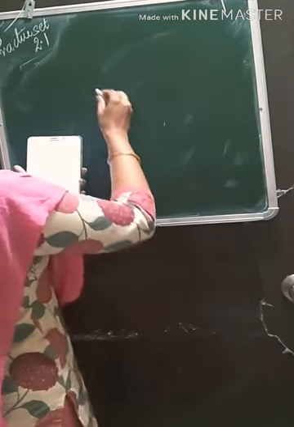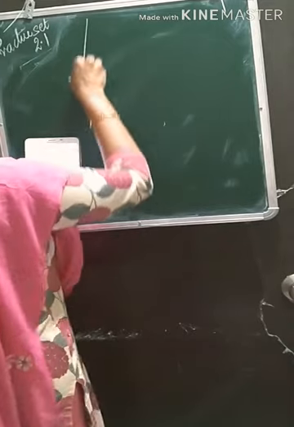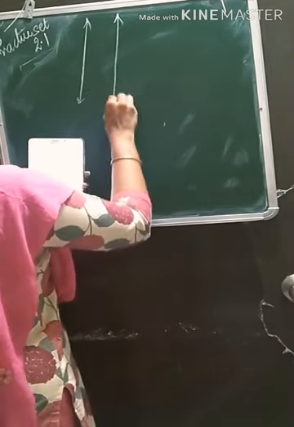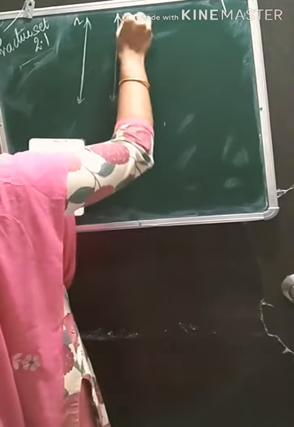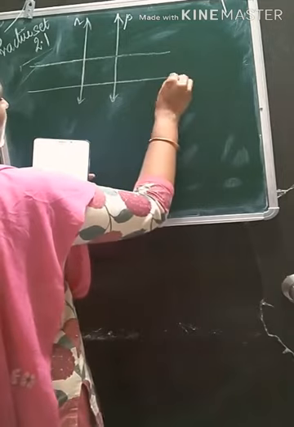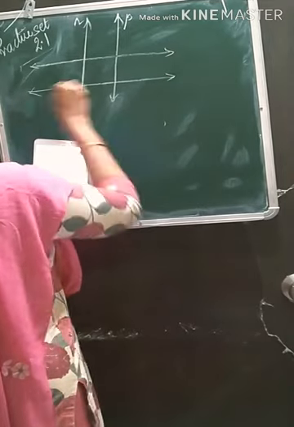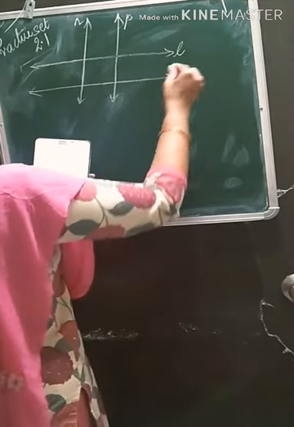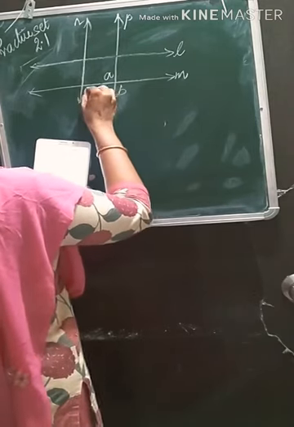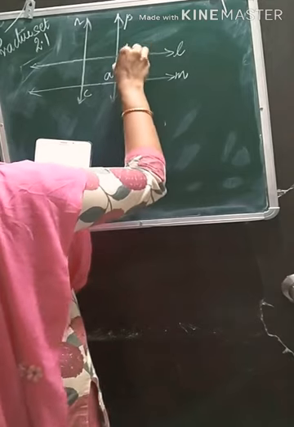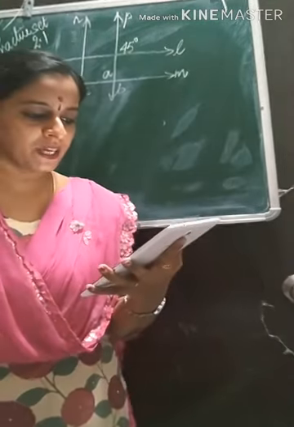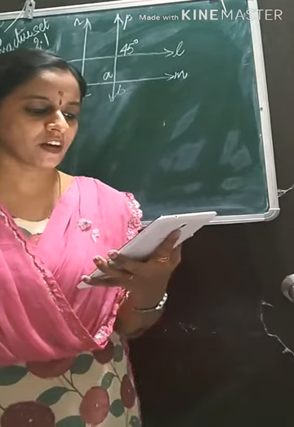In the figure 2.7, these two lines are also parallel. That is N parallel to P, and this is also parallel, L parallel to M. A, here we have B, here we have C. This is 45 degree. Find measure of angle ABC from the given measure of an angle.